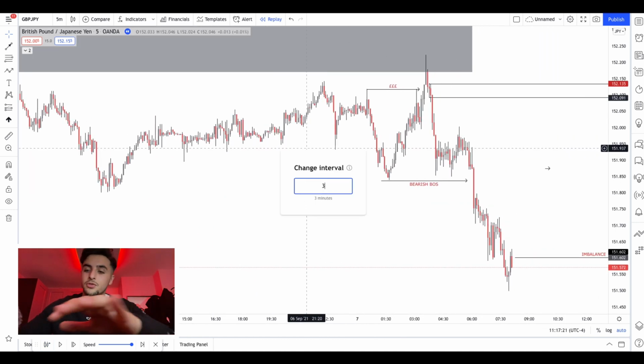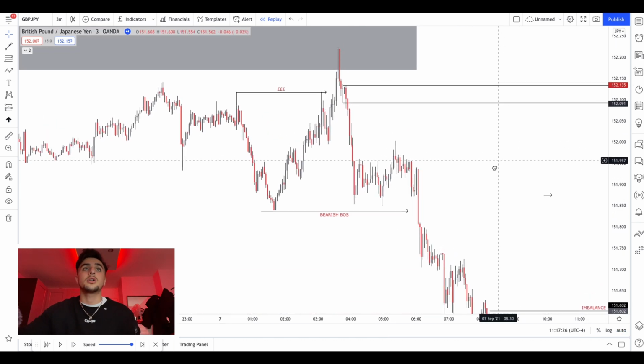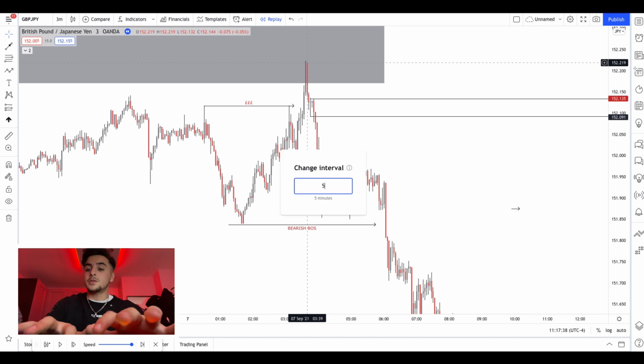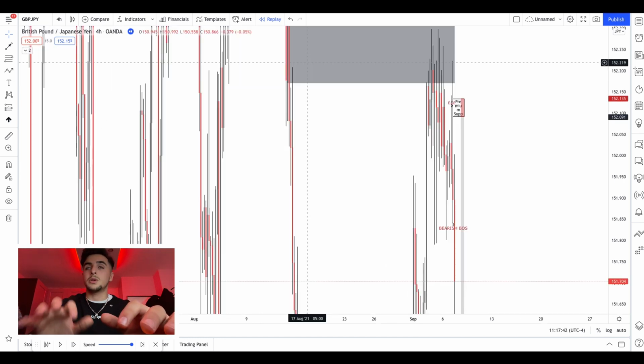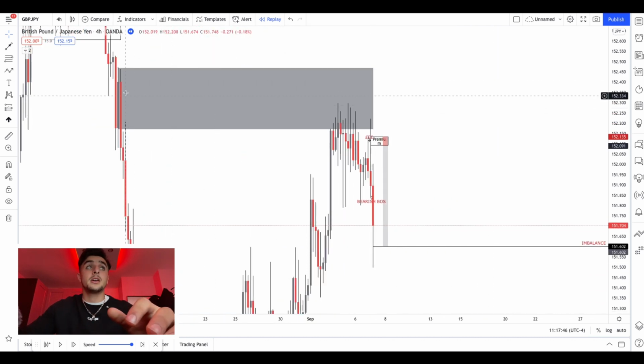It was actually on the 3 minute. That was the entry that I took. Okay, but now look, what can we see here? We got some nice equal highs sitting right here, right? Cool. And then what happened right here? Price took out these equal highs and then tapped into a higher time frame area of supply, and that was on the 4 hour, I believe. If not, it was there. It is. Okay, cool. So we had that area of supply on the 4 hour that price tapped into,